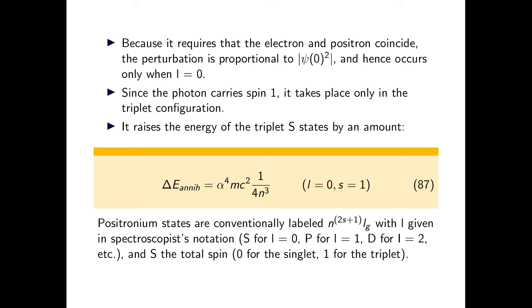Since a photon carries spin 1, this phenomenon only happens in the triplet configuration, and this annihilation energy is given by 8 alpha to the power of 4 mc